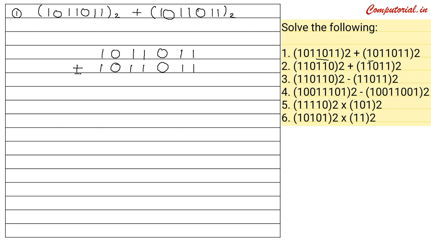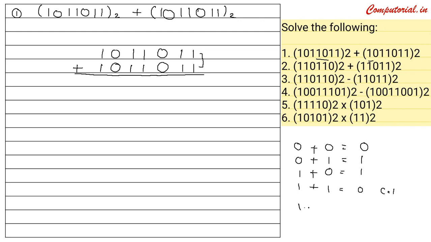Then you have to put the sign of plus and then you have to add these numbers. So now let's add these numbers. So first of all you have to add 1 plus 1. So I'm writing the rules over this side. You have to remember or you have to learn all these rules, because if you don't learn these rules then it will become very difficult for you to solve the questions of binary arithmetic. And one more principle is there: if in case we are adding 3 ones, then the result will be 1 and carry will be 1.